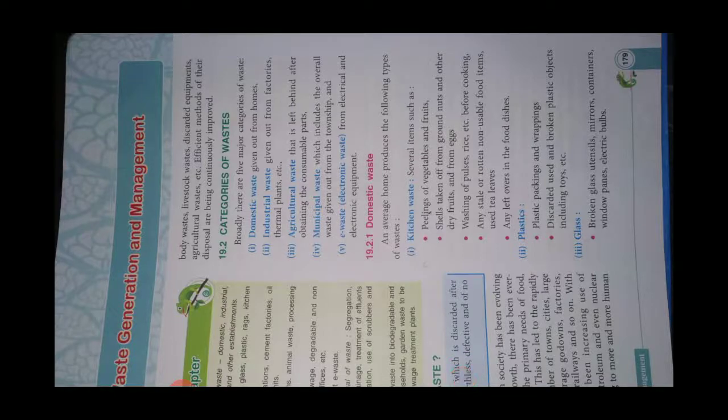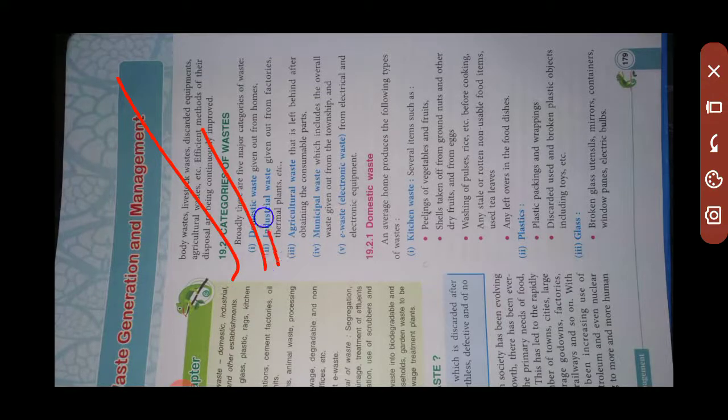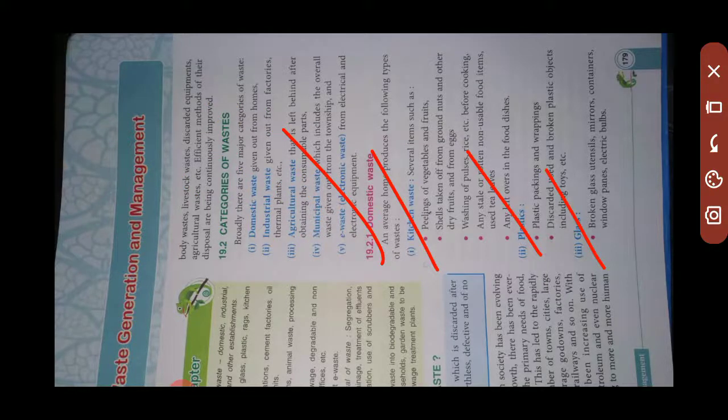So here it is: categories of waste: domestic, industrial, agricultural, municipal, e-waste, electronic waste. And domestic waste: kitchen, plastic, glass, these are domestic waste. Students, you just read it. Here it is: industrial waste: mining, cement industry, oil refinery, construction units. From construction units, which kind of waste is generally produced, you just read, you can easily understand. Agricultural waste,